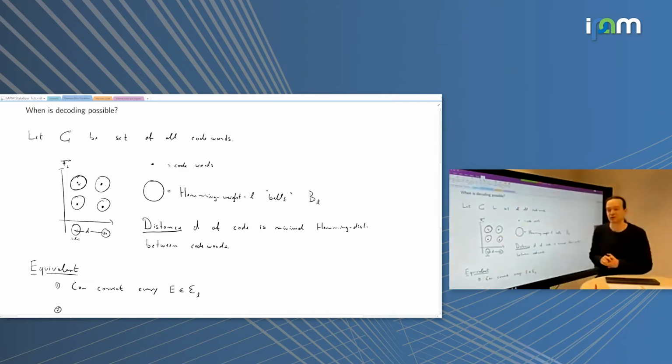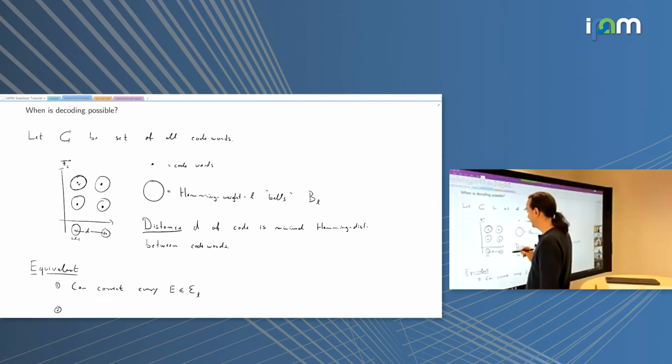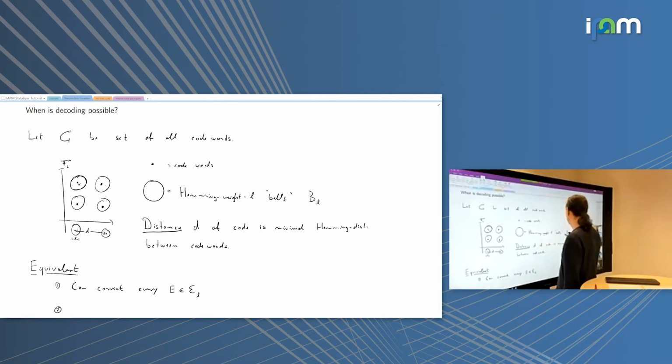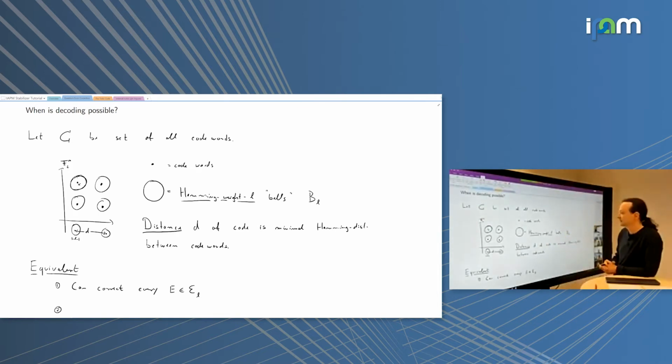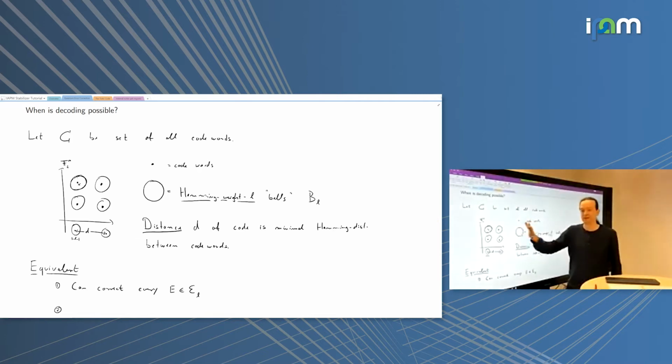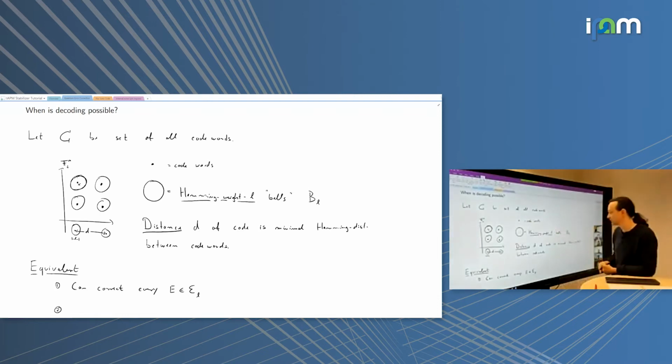and the ball should consist of all the bit strings that I can reach from X by flipping up to L bits. This is sometimes called the ball of size L in Hamming weight distance. The Hamming distance between two bit strings is just the number of places where the two differ. And so what we want to do is take our space of messages and divide it up, and draw little Hamming weight balls around every possible code word.